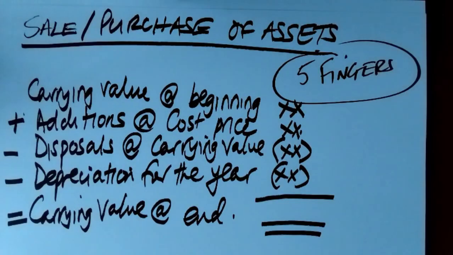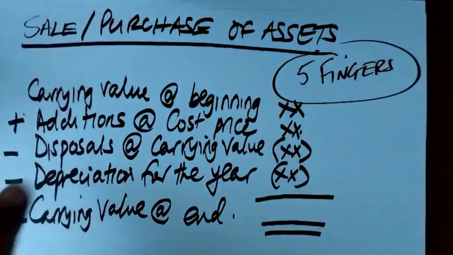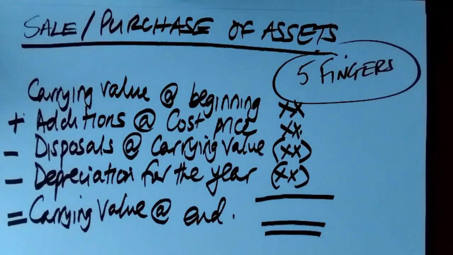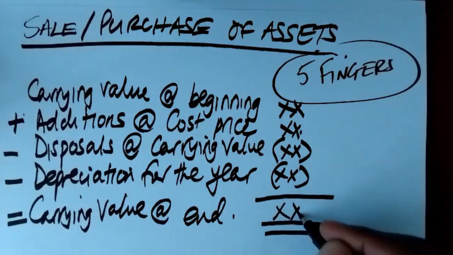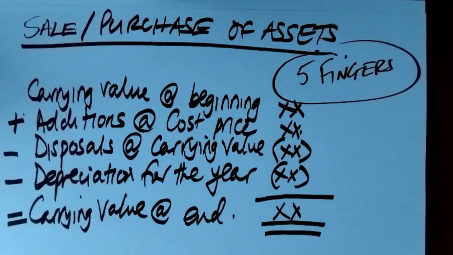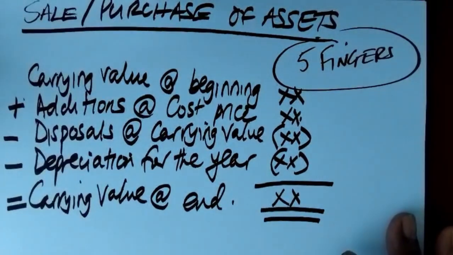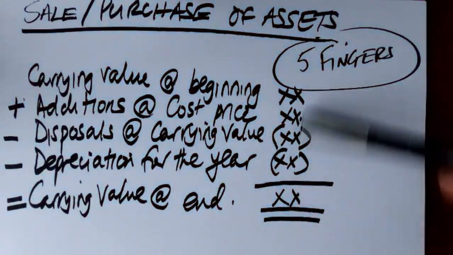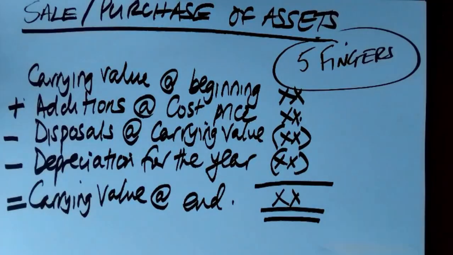So this is the best way of dealing with assets. Whether it's a sale or it's a purchase, use your 5 fingers: carrying value at the beginning of the year, plus additions at cost, minus disposals at carrying value, minus depreciation for the year, is equal to your carrying value at the end. So why is this very critical? It's very critical because normally in the exam, they give you 4 of these, or the 4 of them are already provided, and you need to calculate